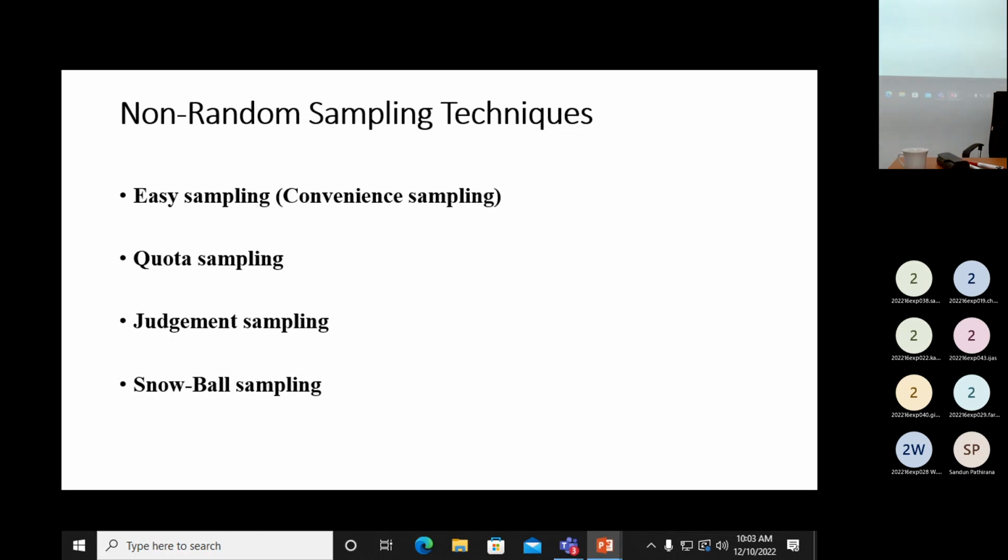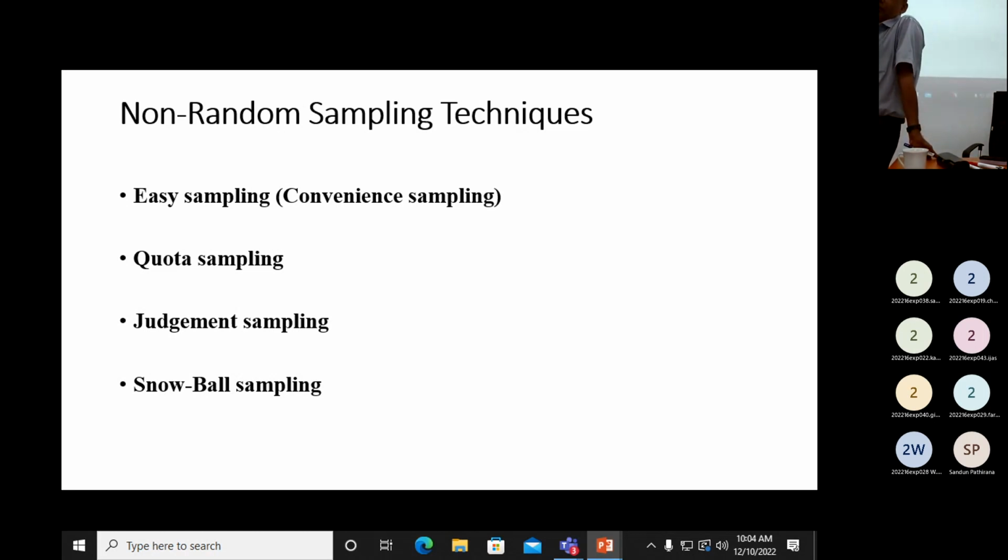Easy sampling, from that you can recognize this sampling. Easy. From where we select our sample items, easy. Very quickly and easily if you can select, that is simple, that is convenient sampling. As an example, when you do the production, very close items you select to test the quality.